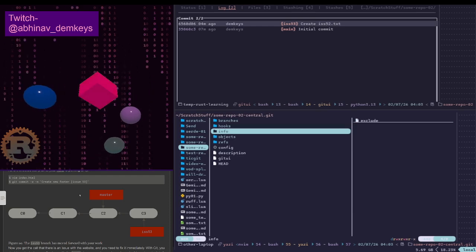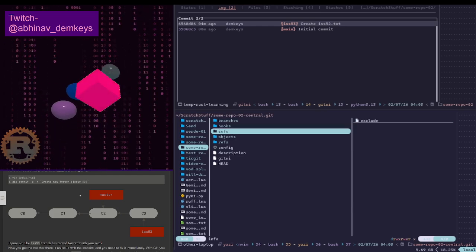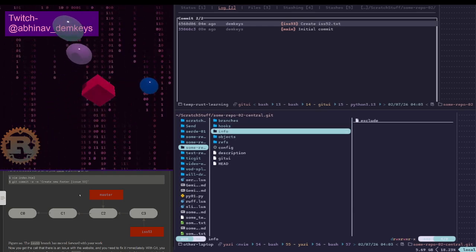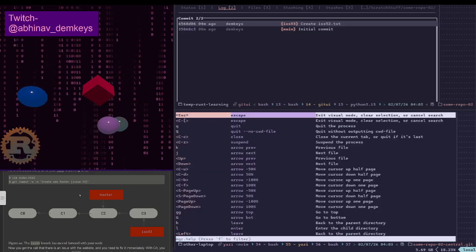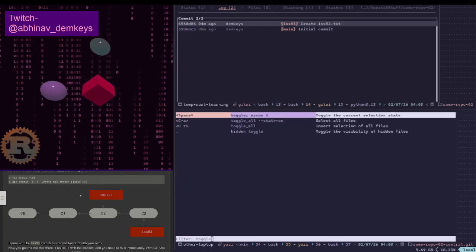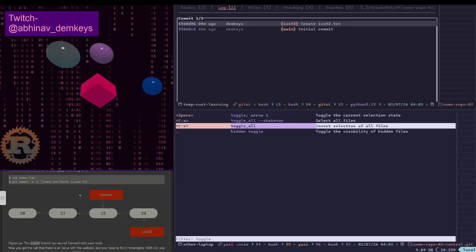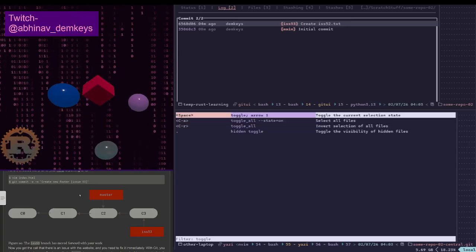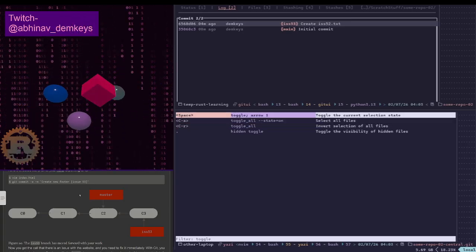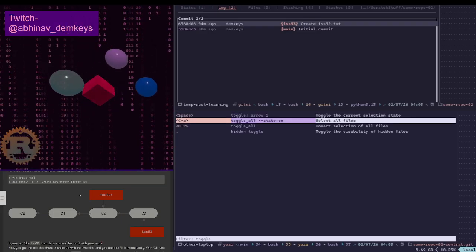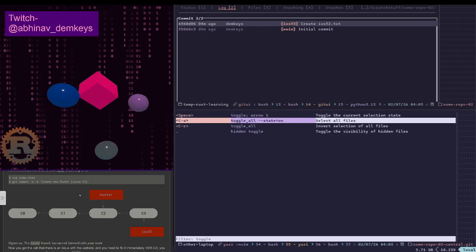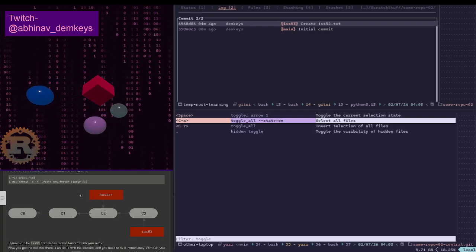However, I do have this option because there is a toggle all option. So you can see here, space is to select one item, the current item. It'll toggle the state of selection on or off. And then you have Control A, which toggles all of them to on.